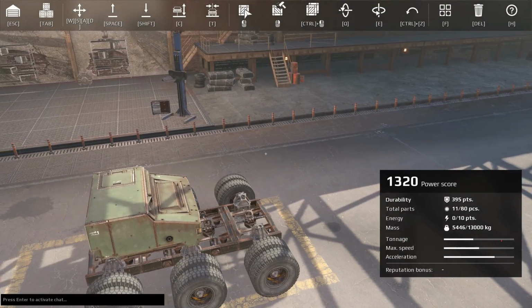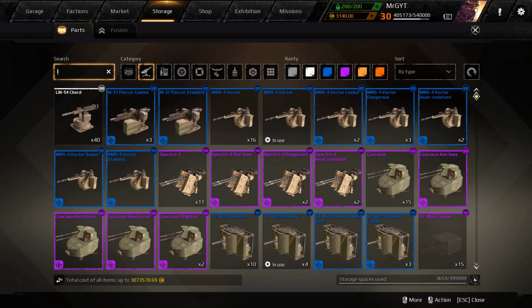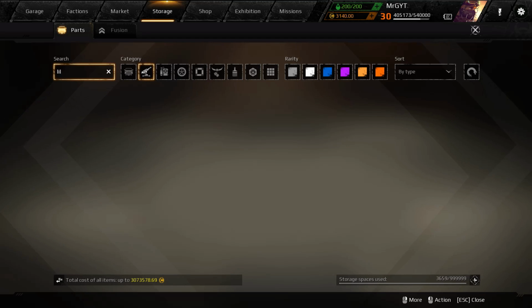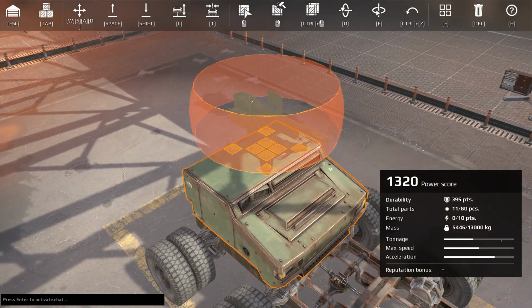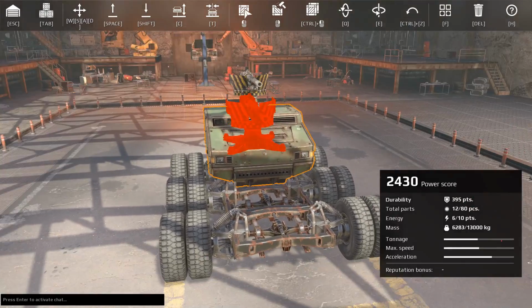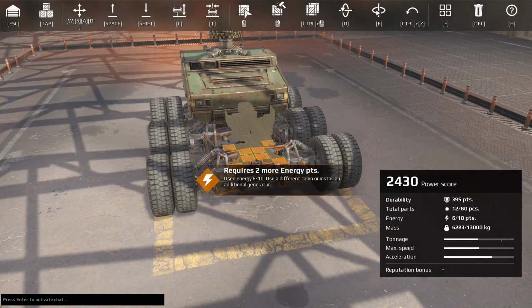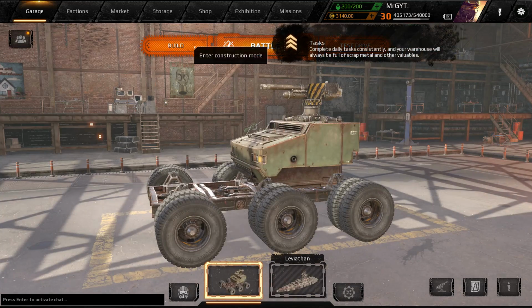So we've got how much energy? We've got 10 energy. I like to use up all of my energy first before we add any armor. So we're going to get all of our modules and everything we need on here first. And then we'll add all of our armor. So we've got cab, wheels, weapons. Now we need to get 2 more energy points to get the second one. So let's go grab the...